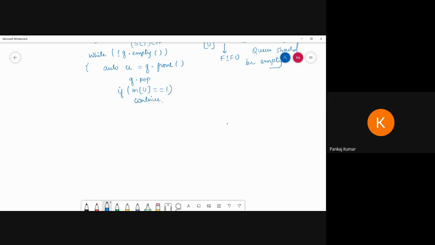And if it is not possible, then if u.first is greater than the a value, or u.second is greater than the b value, or u.first is less than 0, or u.second is less than 0, then we have to continue again.